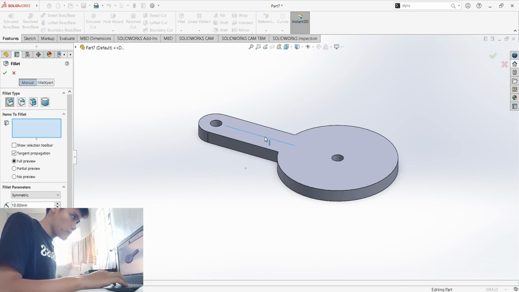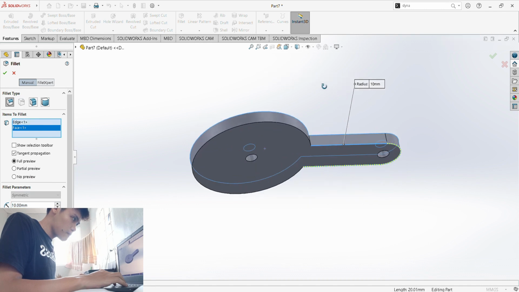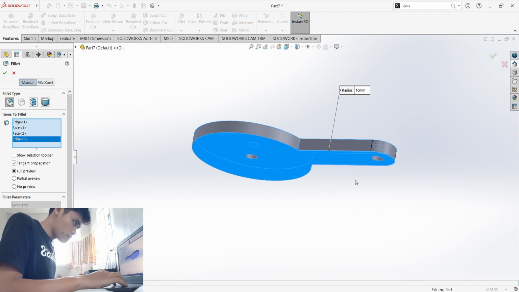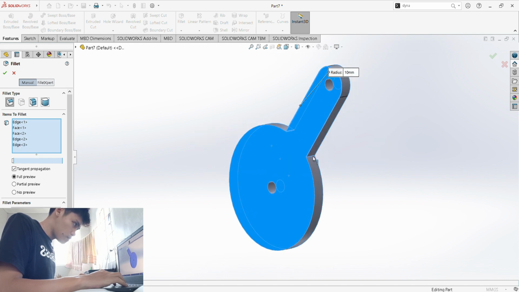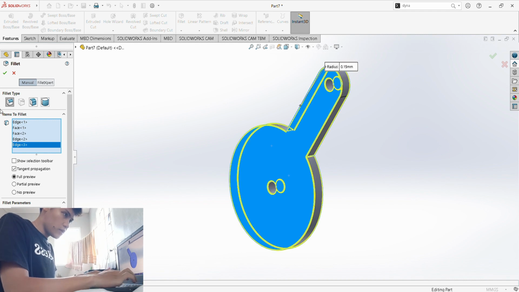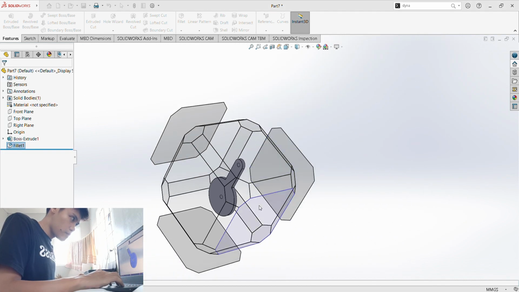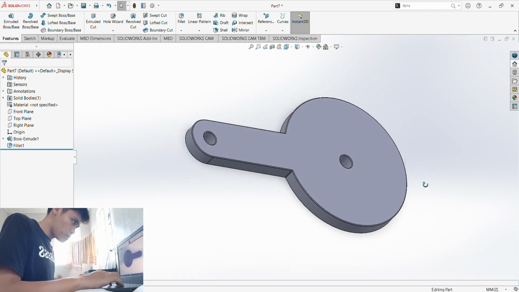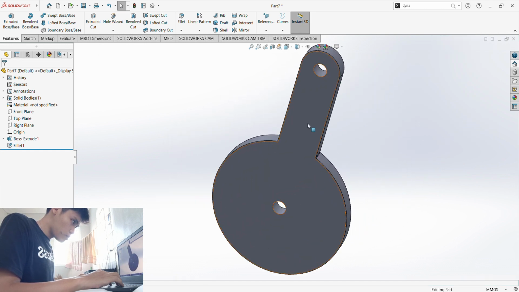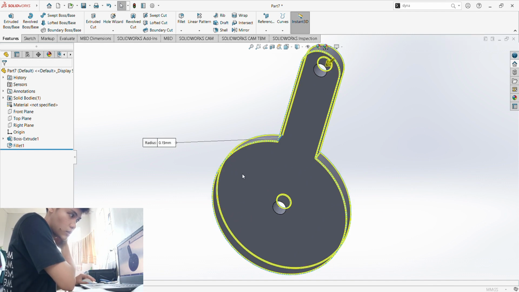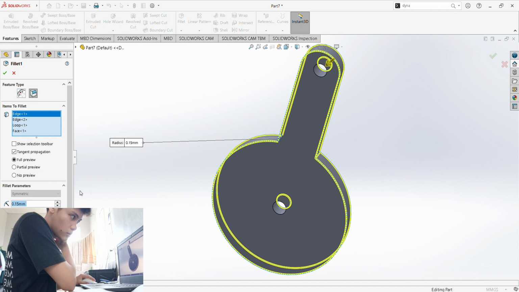And then fillet, for 0.50. I think I did not select this one right here.